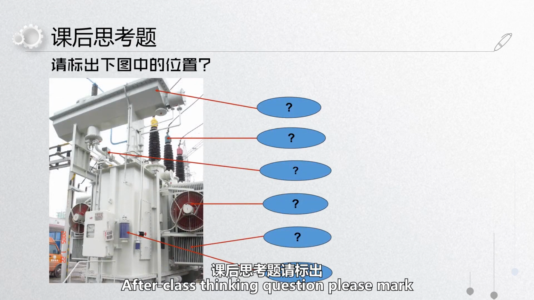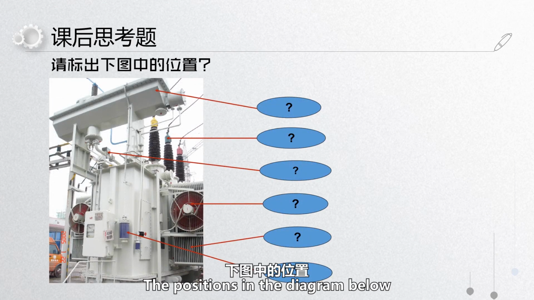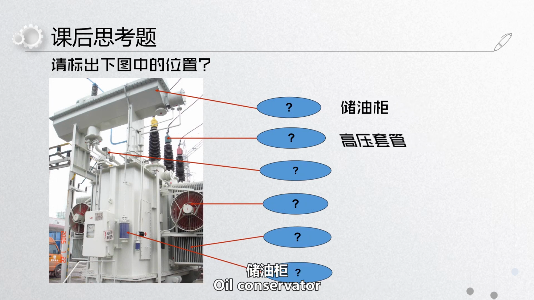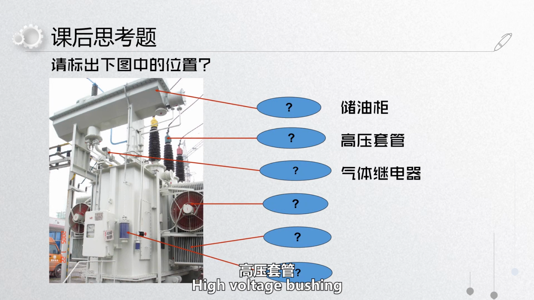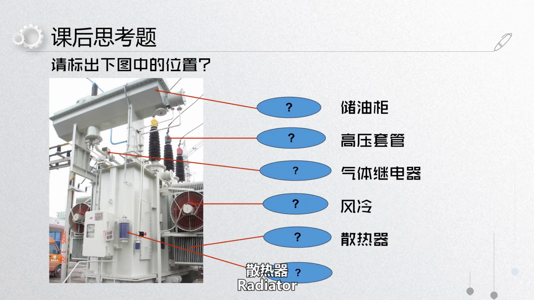After-class thinking question: please mark the positions in the diagram below. Oil conservator, high voltage bushing, gas relay, air cooling, radiator,